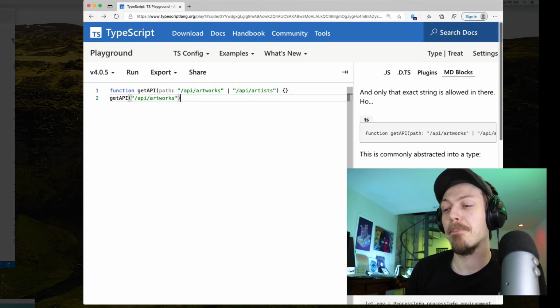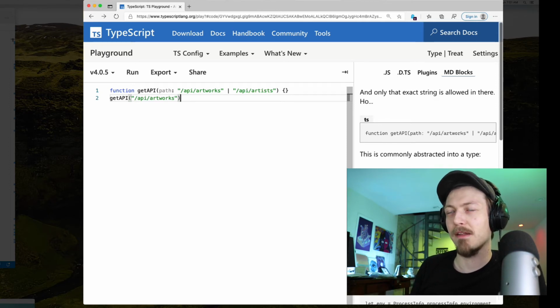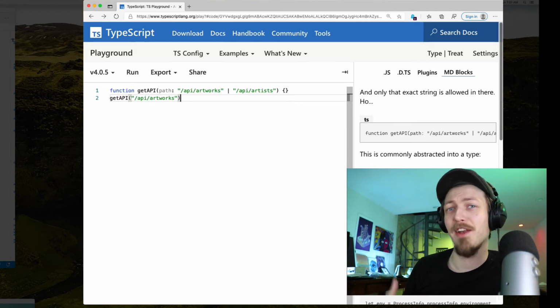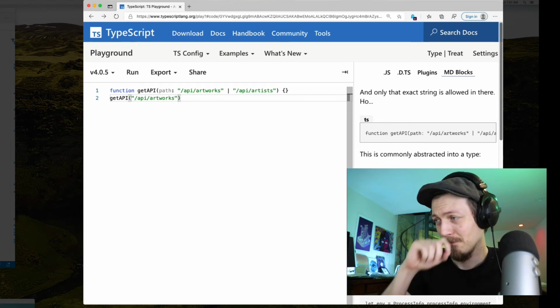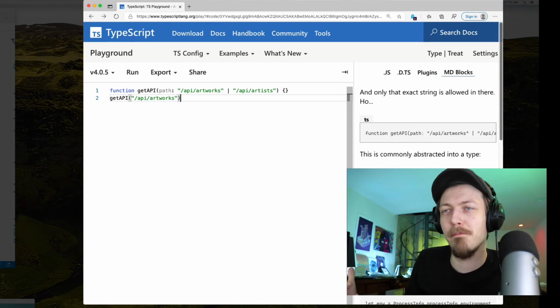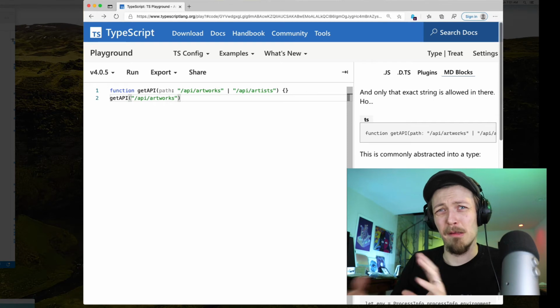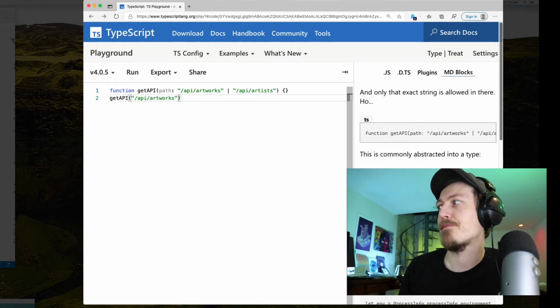And again, features like this are done to support existing JavaScript code, right? There are billions of lines of JavaScript out there because it's infinitely backwards compatible. And TypeScript has to find a way to work with all that code, because you can't port that much code to TypeScript. Who's going to port jQuery to TypeScript? And so TypeScript has to have ways to describe how people use constants in this way.